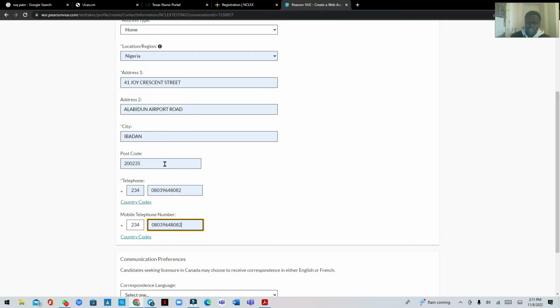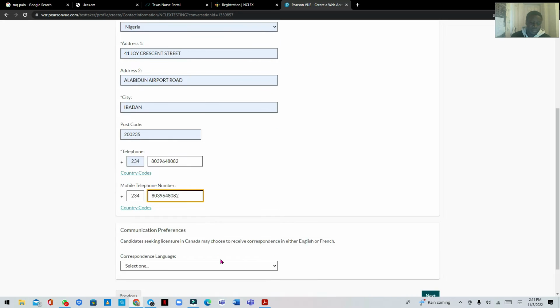The postcode, in Nigeria, postcode doesn't usually matter, and that's why you can see that it is not starred, because in some countries postcode doesn't really work like that. In developed countries, postcode actually works pretty well. All right, so that's why it's not starred. You could just leave it if you don't know it, but if you do, just put it. The ones that are starred are the ones that you